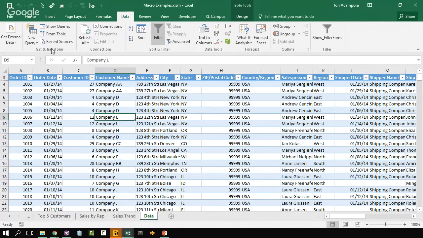I have some reports where I do that and then update some pivot tables and make changes to pivot tables to select the most recent date and apply some filters and do some other stuff as well, some other manipulations that you can't necessarily do with Power Query. So you can use it in Excel 2010 and 2013 for that. And now it's getting better in Excel 2016 as far as what you could do with it with VBA,